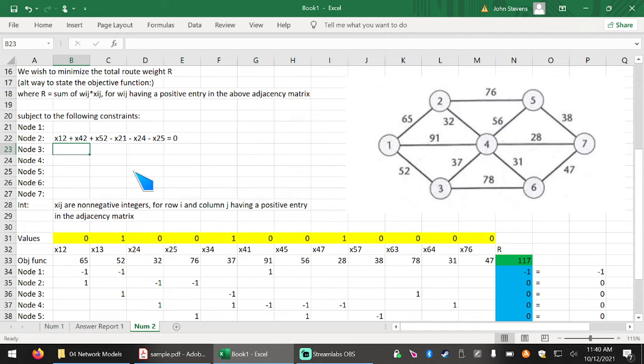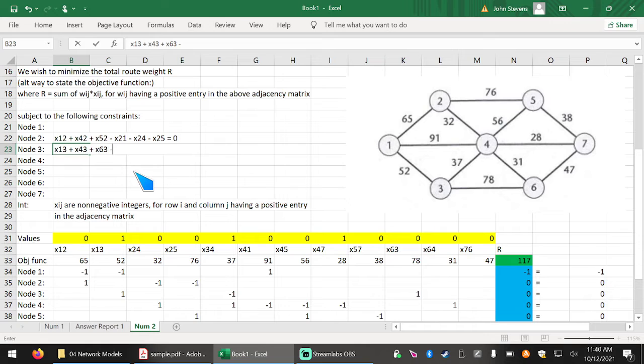So node 3, let's go through them one by one though. Into node 3, 1 to 3. I'm going to squish them. Well, this one doesn't need to. It's not that long. Into node 3 via 1 to 3, or 4 to 3, or 6 to 3,